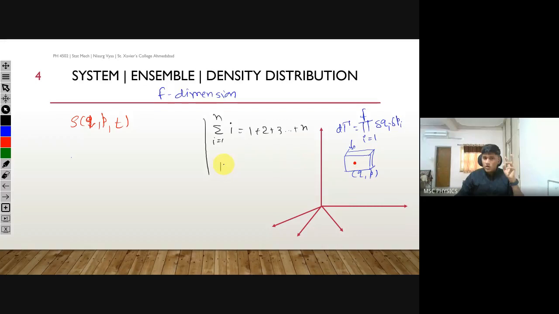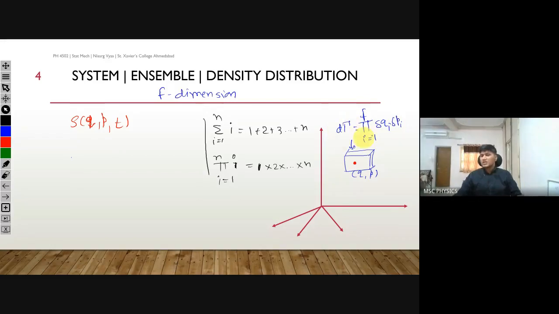Okay. Now what do I mean by pi? If pi, i equal to 1 to n of i is given, it means you are just taking values of i and multiplying it with the next value. You are not adding, but multiplying till the value of n. So here you are taking i equal to 1: delta q1, delta p1 into delta q2, delta p2, delta q3, delta p3, up to delta qf, delta pf.